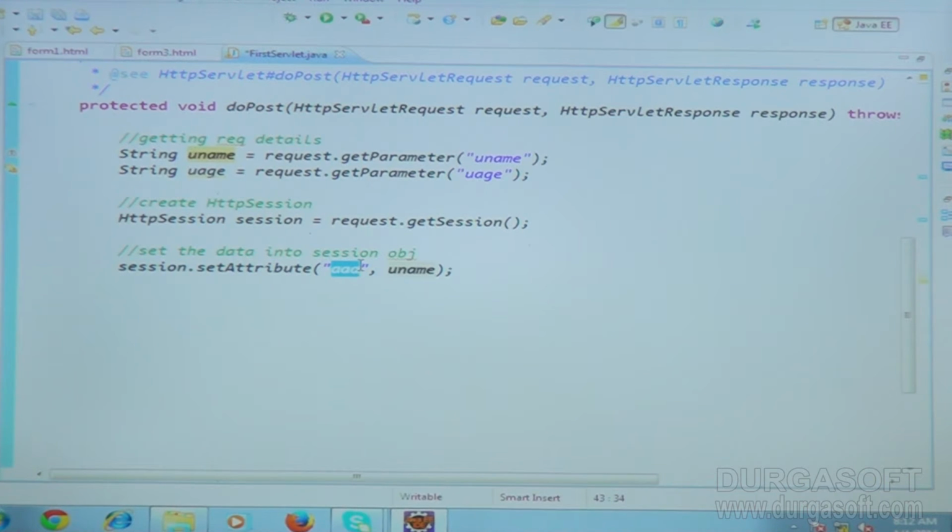So let me write this one also. Uname. In the same way, session.setAttribute of the next value, here user age. Let me write this is my user age. Good. After getting the session data into the session object, then forward the request to